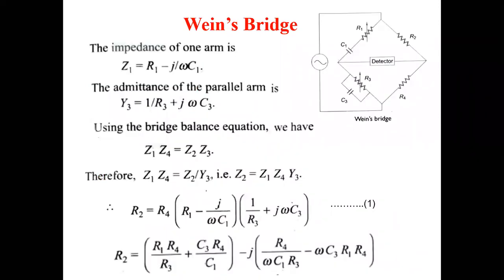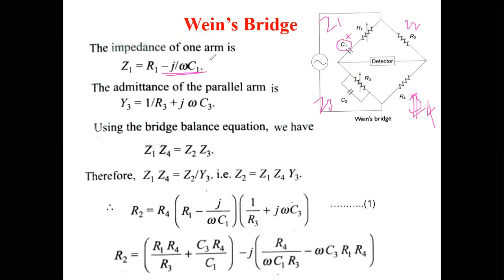This is the Wien bridge circuit, and we have four arms. The four arms are Z1, Z2, Z3, and Z4. Here the Z1 arm, that is the first arm, is in series combination with R and C. Therefore Z1 is equal to R1 plus the reactance of the capacitance, which is equal to minus j by omega C1,